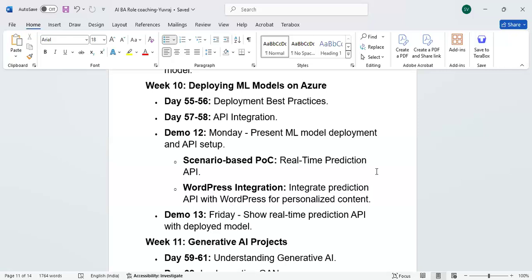In the same way, in your case, you're supposed to give more solution demos here as a BA role, because we're predicting your role as a BA. One part of the BA role is that you need to give solution demos to all the teams, the technical team and the business team also. Business team means your stakeholders, sponsors, all these people. So that is the requirement you are baselining by having agreement with all the people.